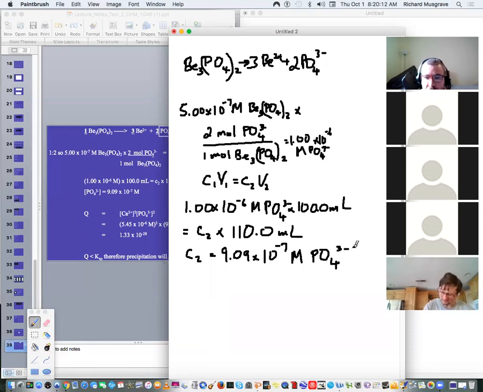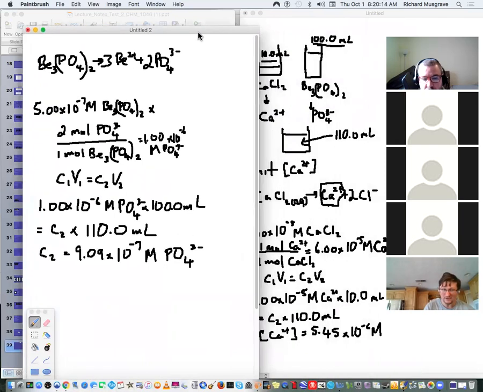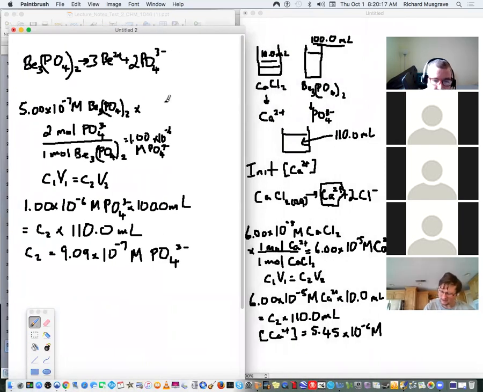So what do these numbers represent? The two numbers I've got down here: this is the final for the phosphate, 9.09 times 10 to the negative 7. What these numbers represent, the 9.09 times 10 to the negative 7 for the phosphate and the 5.45 times 10 to the negative 6 molar for the Ca2 plus, are the concentrations of these ions in this final solution of 110.0 mL. The last thing we need to do here is calculate a Q value,